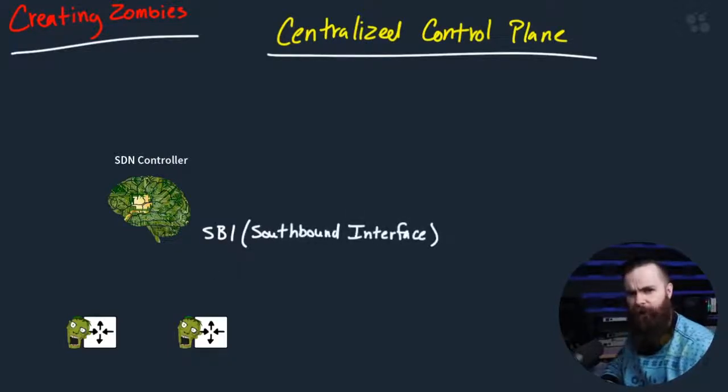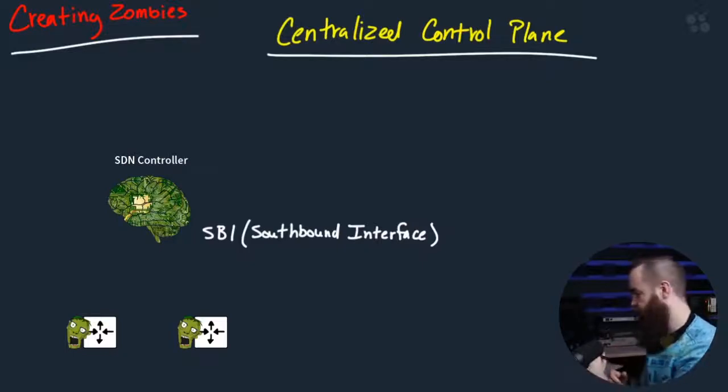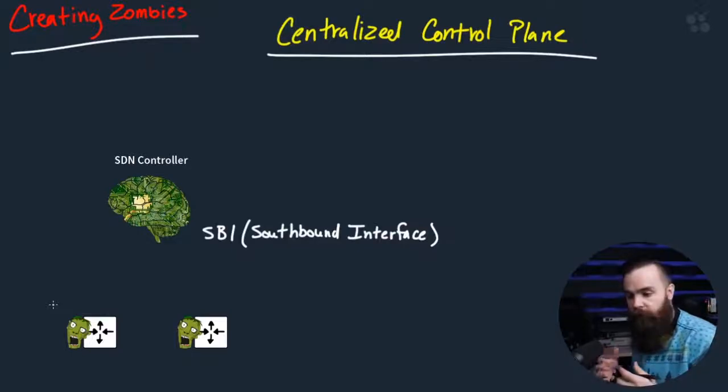Why is it called a southbound interface? Well, north, south. That's why, because in most networking diagrams, when you're talking about SDN controllers, the devices will be sitting underneath the SDN controller, so it's a southbound interface, right? Now let's elaborate more on what interface means. And it can mean multiple things, multiple protocols. Really, it depends on what SDN controller you're using and what devices you're using.